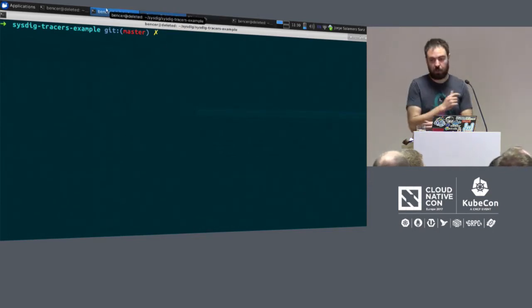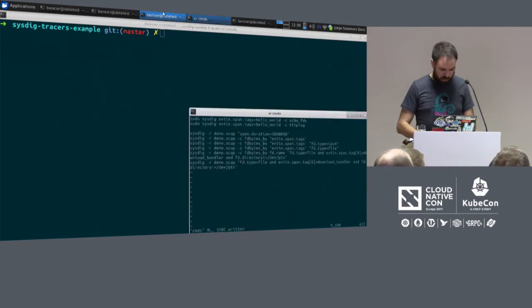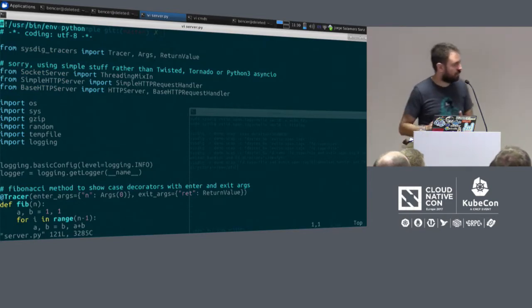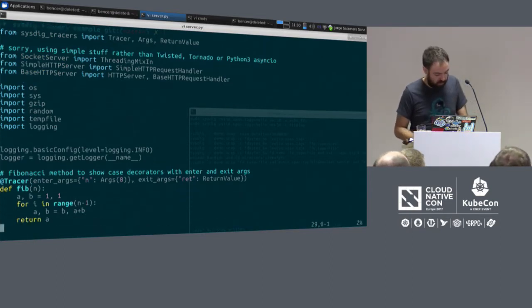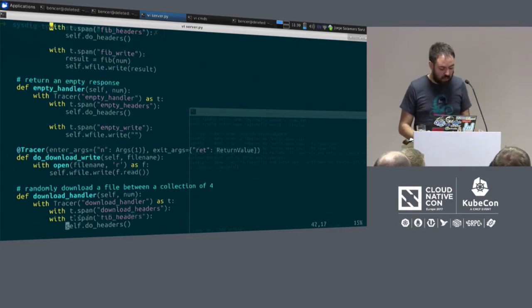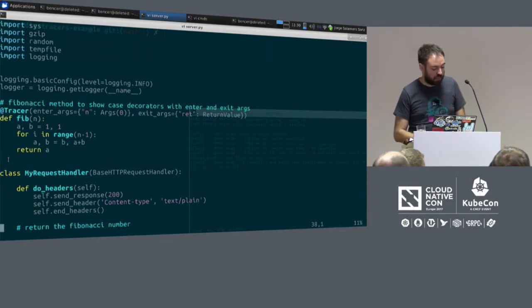But we can do more complicated things, and I'm going to show you how to troubleshoot a kind of dumb or stupid API. So for that, let me see, I didn't forget, no, there we go. So I created plenty of files in here. Server, there we go. This is a Python server that has a bunch of different API endpoints. One returns a Fibonacci number, one downloads a file. It's not really important. But what I want you to see here is how we